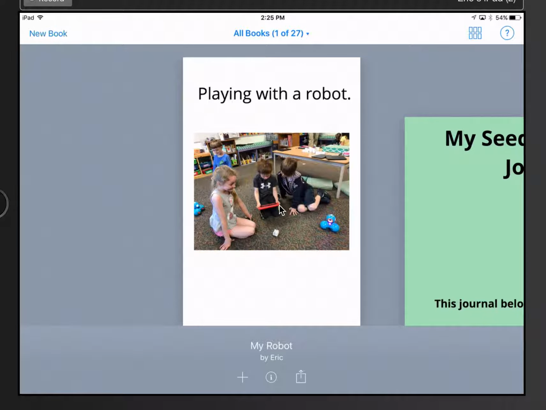All right, in this video, we're going to continue talking about Book Creator. We're going to talk about adding photo and video. We're going to talk about comics, and then we're also going to talk about export options, how to share the book you've made. So the first thing I want to do is reopen this book we've been